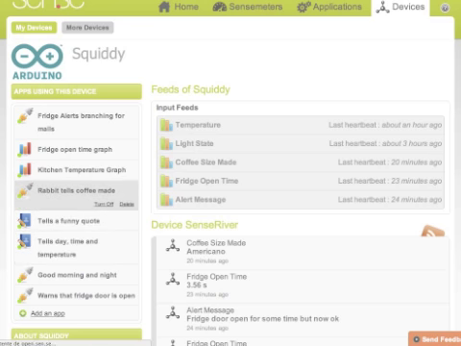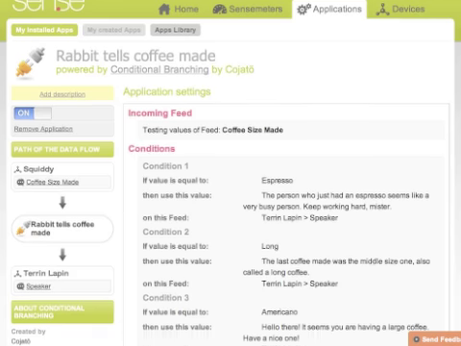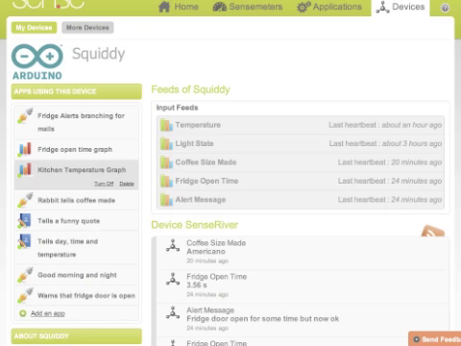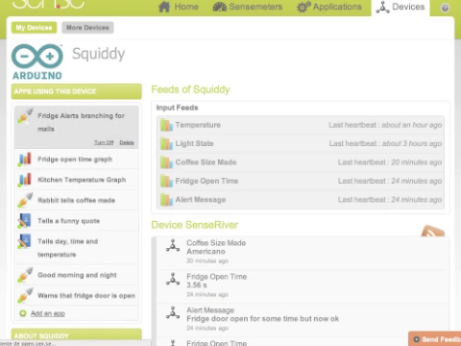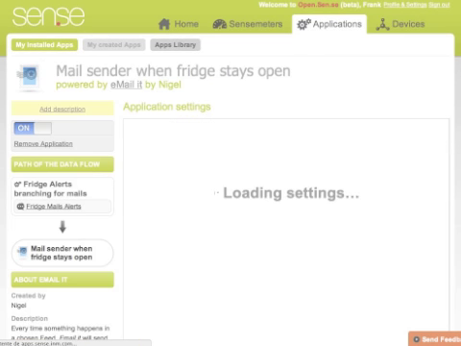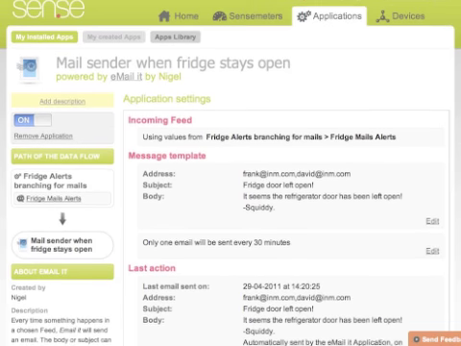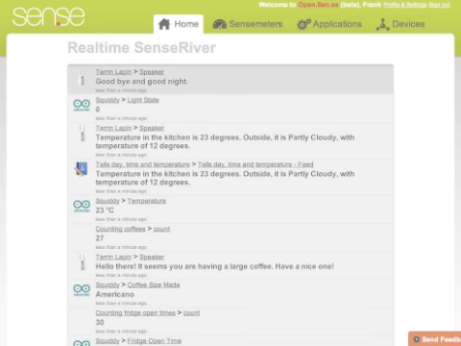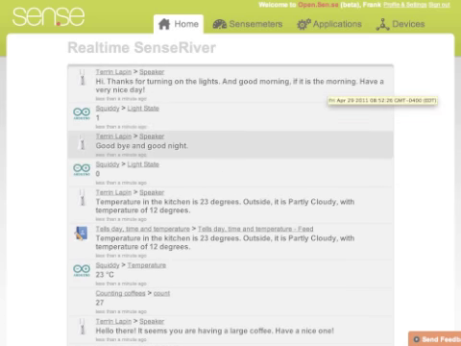Basically this is using the conditional brancher, and it branches depending on the type of coffee you use. Now we'll go into the fridge application, and you can see that we've set up a warning there, such that it sends an email alert out to various users depending on the time limit that the fridge has been open. Here's the real-time Sense river of all of your devices, so you can see what's happening on